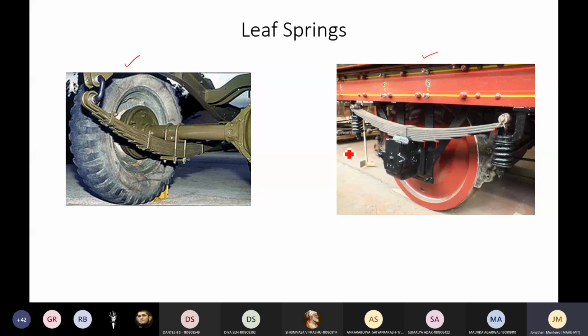So compared to helical springs, what is the advantage? One of the biggest advantages that a leaf spring has is a very high load carrying capacity in a very short space. When you compare the space or the volume that is required for helical springs, the same work can be achieved by these leaf springs in a smaller amount of space. So you will never find leaf springs where it is a very delicate suspension or a very low payload suspension. Leaf springs are always used for very heavy load suspension.